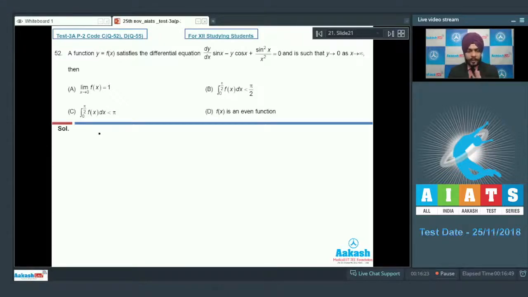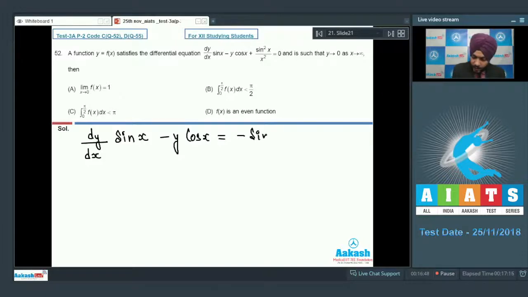Students, you can clearly see that it is a linear differential equation, but when you find the integrating factor, it will be a very tough task to integrate the right hand side, that is integration of Q into IF dx. So a better approach is to solve this differential equation by the method of inspection. So dy by dx into sin x minus y cos x is equal to minus sin square x upon x square. Dividing by sin square x, I will get dy by dx into 1 by sin x minus y into cos x upon sin square x